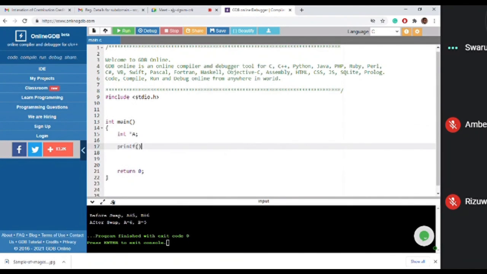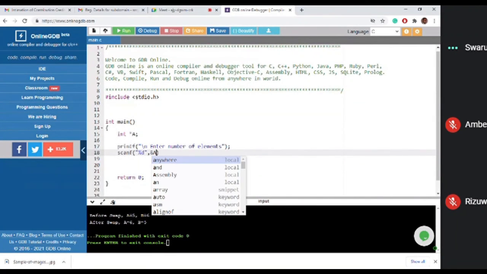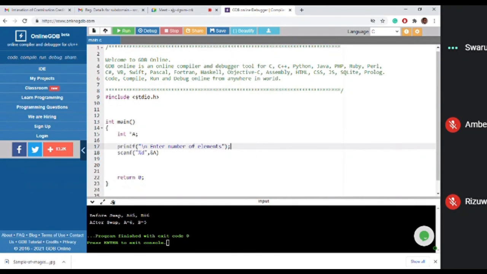Printf enter new line, enter number of elements. Okay. So scanf %d.